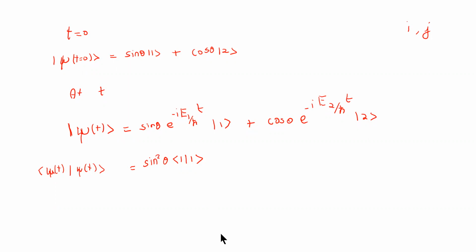Then let's write out the second square term, which is cos square theta, and then we have all the cross terms. Remember, if this is psi of t, this psi of t is the complex conjugate. So when you multiply them both together, we get sin theta cos theta e to the power i